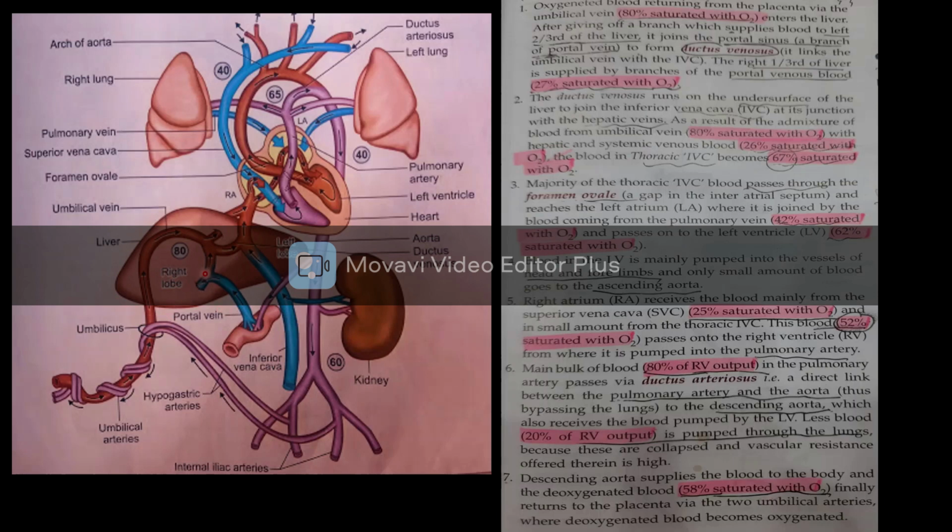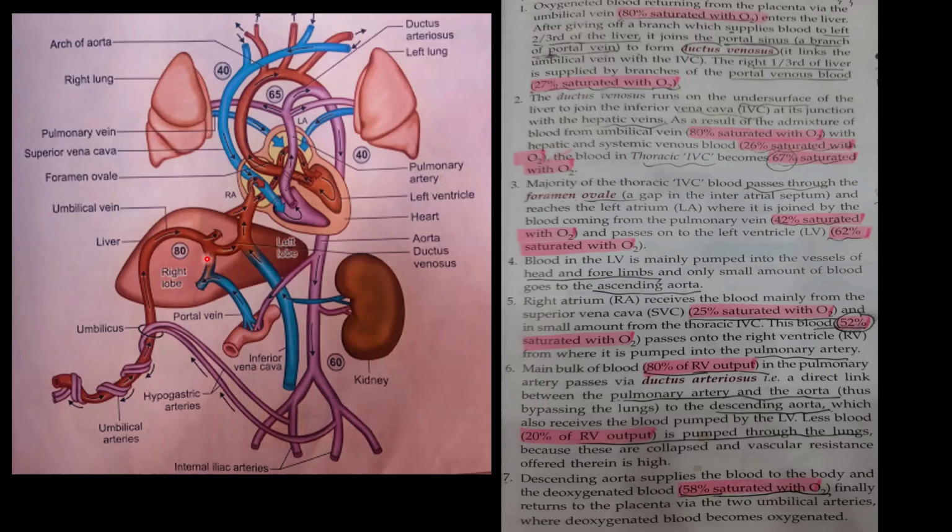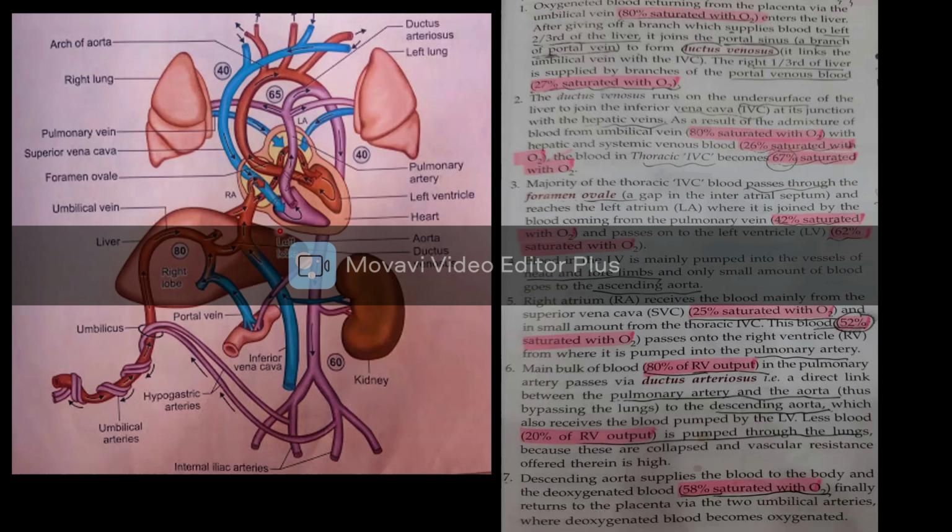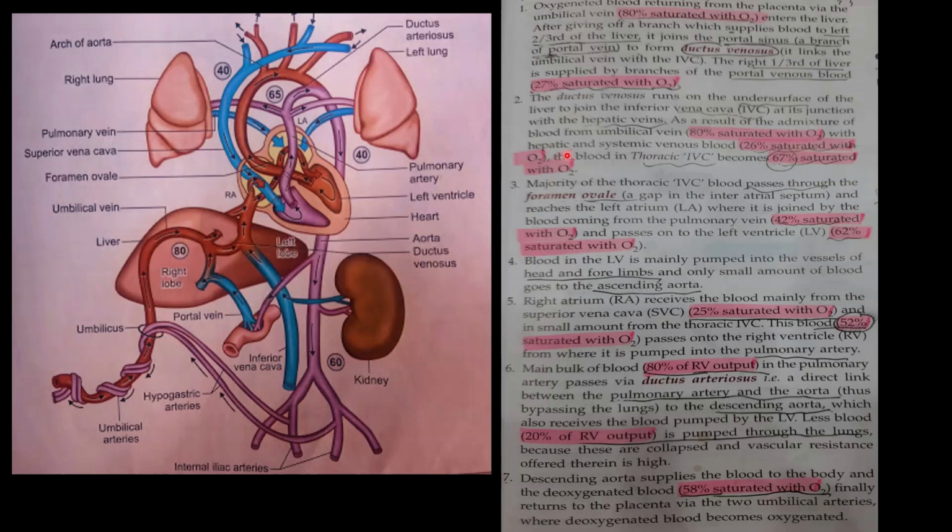The portal vein here also gives a branch known as the portal sinus which joins the umbilical vein to form the ductus venosus, which acts as a shunt from the umbilical vein to the inferior vena cava as it joins the inferior vena cava. The portal venous blood is 27% saturated with oxygen. The ductus venosus runs on the undersurface of the liver to join the inferior vena cava at its junction with